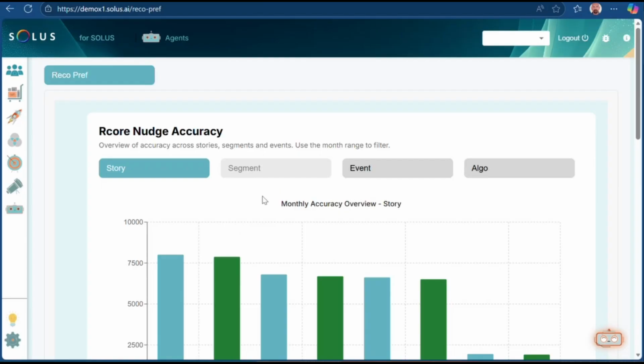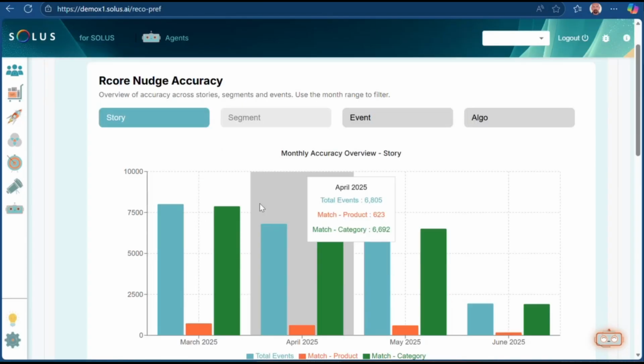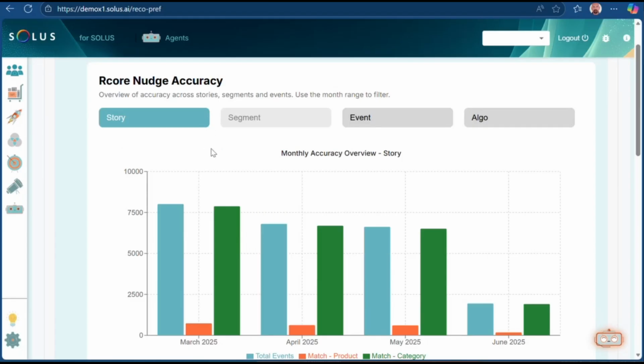Now, I could do this in a passive manner. Like I said, I could go back a month and I could say, given what I knew a month ago, these were the recommendations I produced. How did they compare with what people did? So I can also calculate a bunch of these metrics like that.